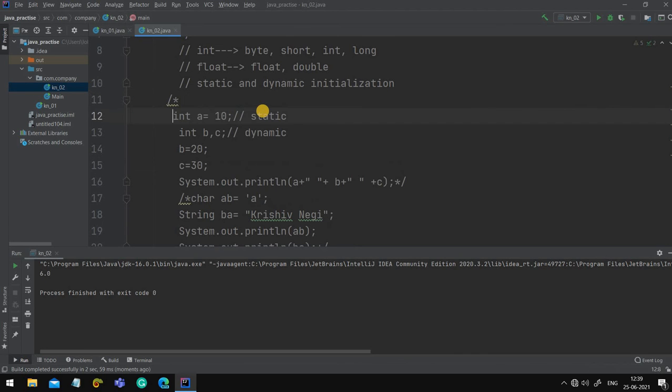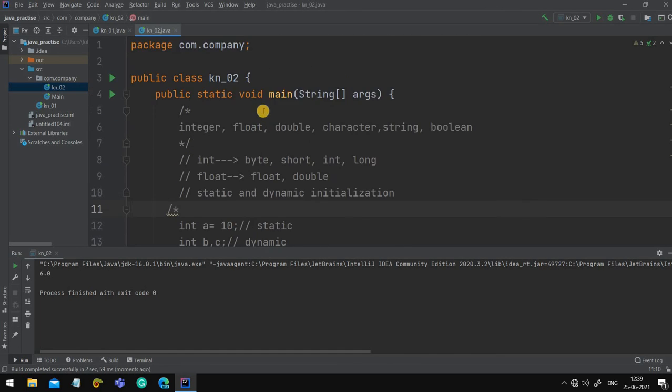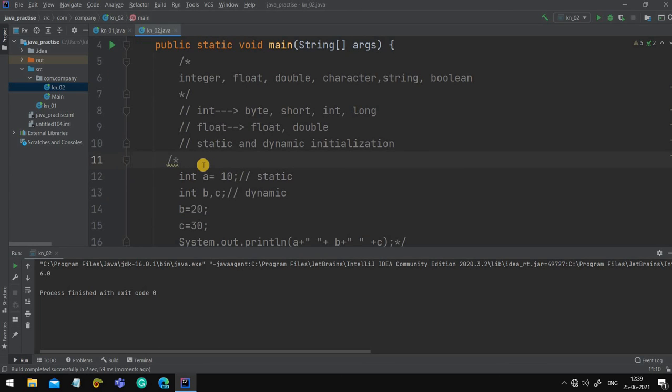These are the programs which I have told you. The first one is to differentiate between static and dynamic initialization.